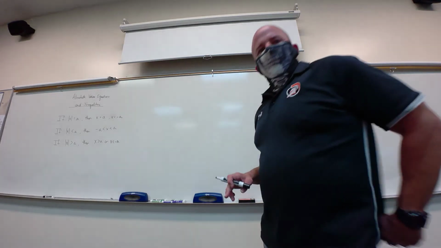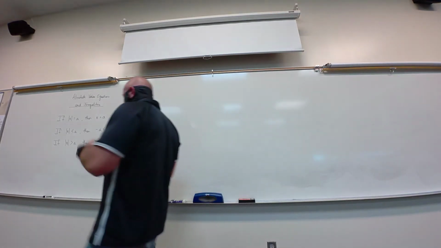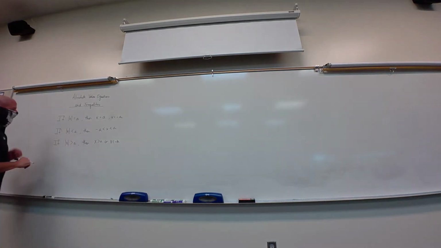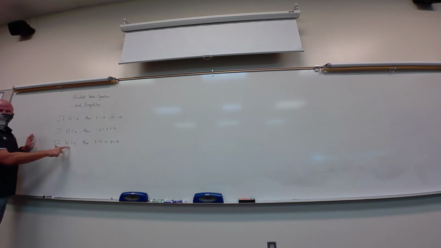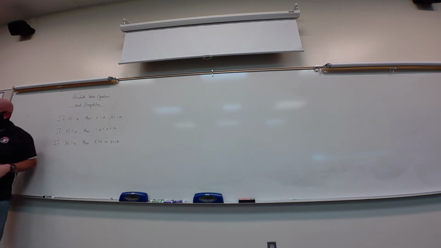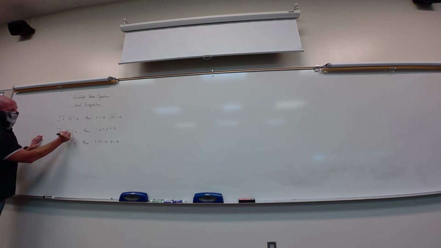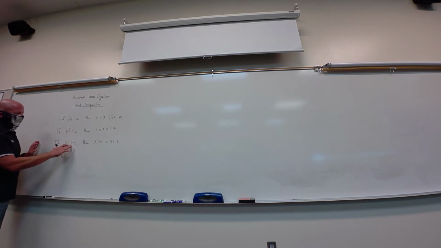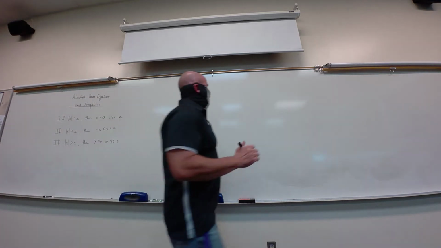All right, absolute value equations and inequalities. I've got a set of rules here. We'll talk about these different rules. We're going to have an absolute value equal to something, less than, or greater than. And I wrote this with less than or greater than, but we need to remember it could be less than or equal to, greater than or equal to. It's still going to be the same property. Okay? So, as far as solving process goes,